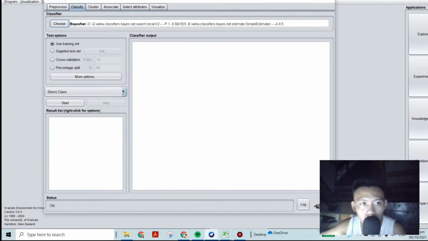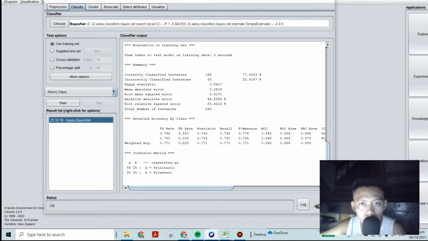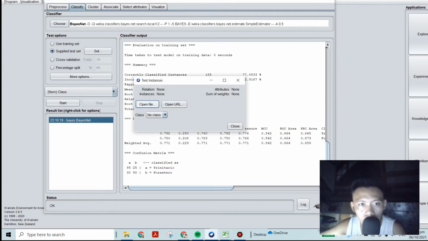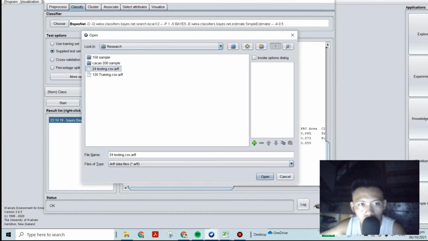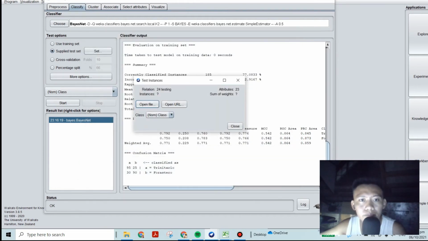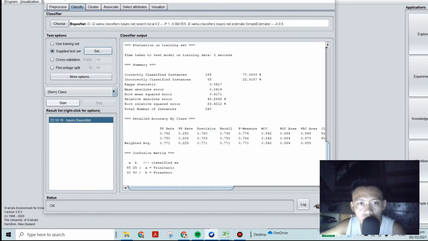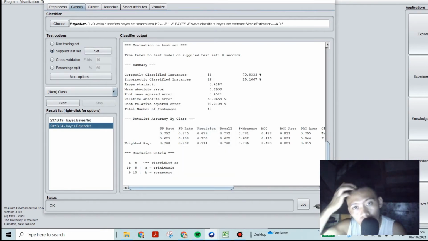First, if we select this one, Use training set, and then Start, as we can see, it is only 77%. And if we use those testing samples, we need to click Supplied test set, then Open file, and select the 24 testing samples file that we will use for testing. We open that one here, then start the process. So we've got 70%